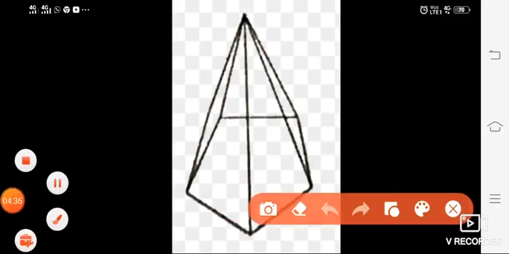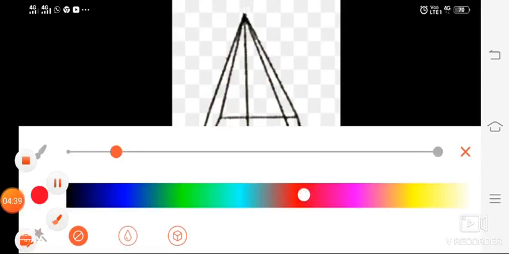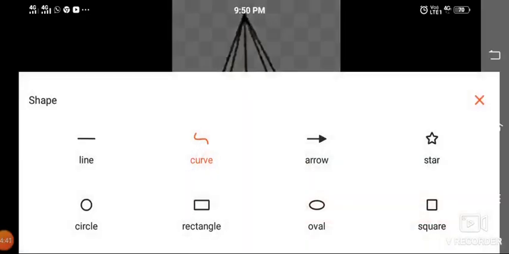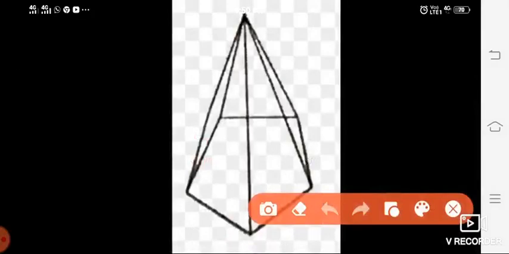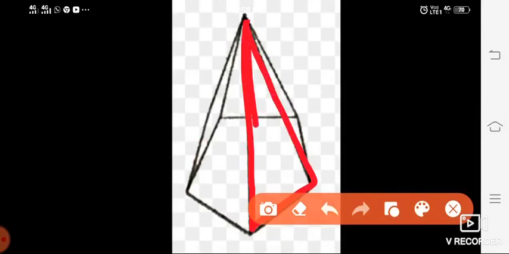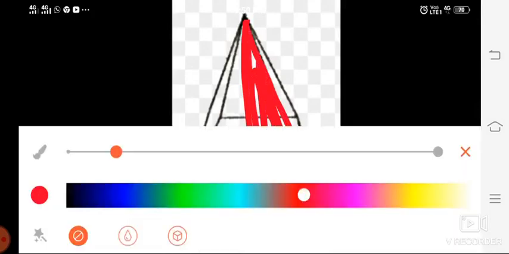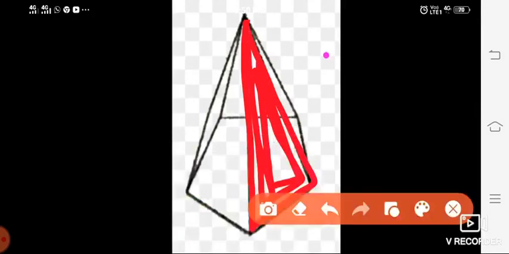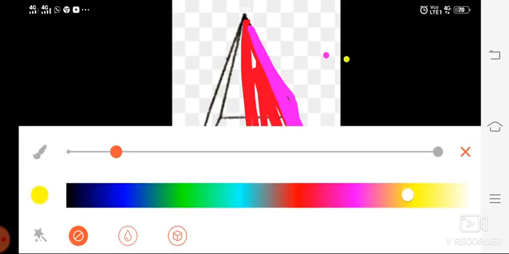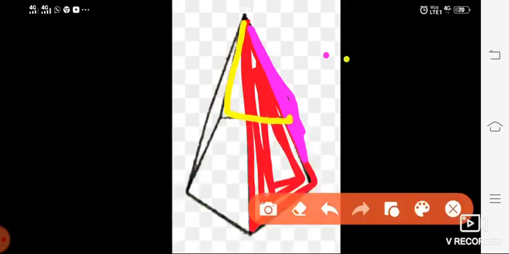So let's start. See now. First I will draw a border of one face. See, is it triangular? Suppose if I color it, then this becomes one face. Now I'll use some different color and show you the other face. Is it in this way? Second. Now the backside face, is it in this way? So third face.